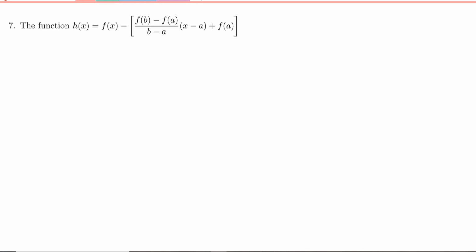Okay, folks, so I want to look at this function right here. It's sort of an unusual function, h of x. And h of x is defined to be the difference between f of x and this expression here. First thing I want you to do is pause the video and see if this expression right here looks familiar